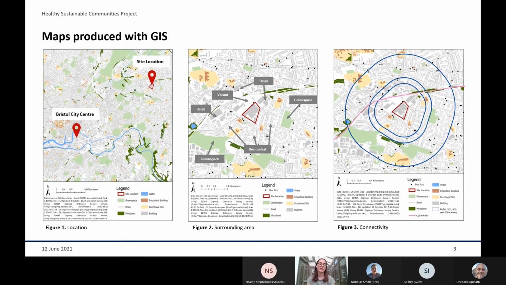Especially for this analysis part, you produce your own maps with a software called ArcGIS, and these maps are really helpful to show the context of the site and to then argue why you put different elements on your site. For example, you can develop maps that show the site location in relation to the city center. You can show the surrounding area and the connectivity. So on the last map, for example, you see the bus stops, you see a cycle path, and these maps